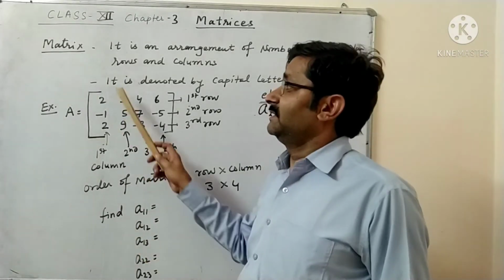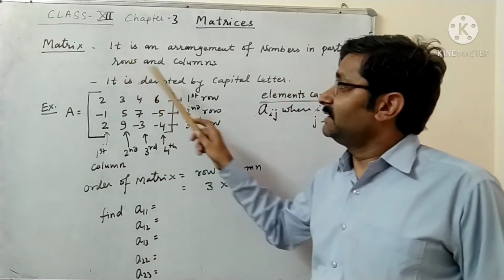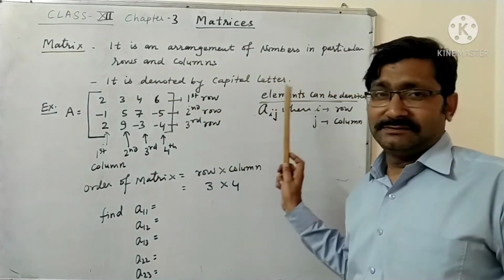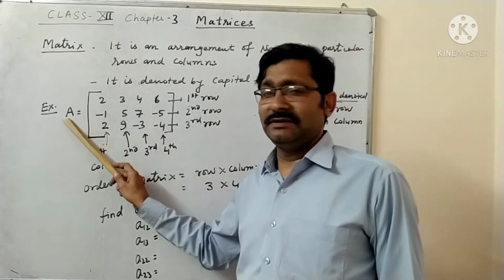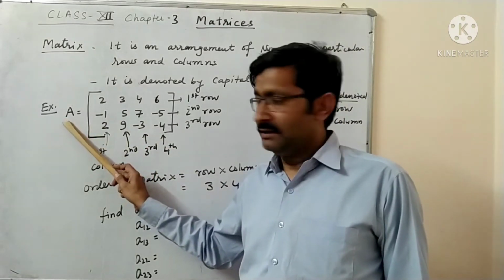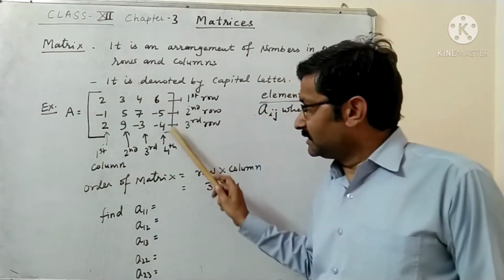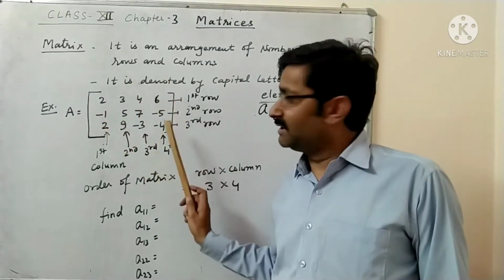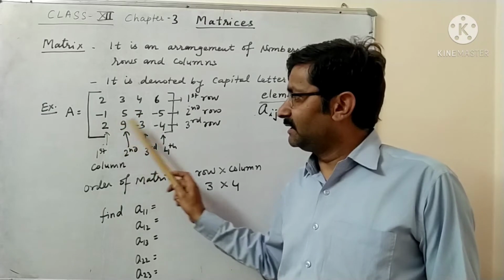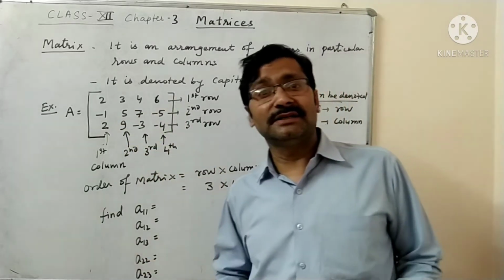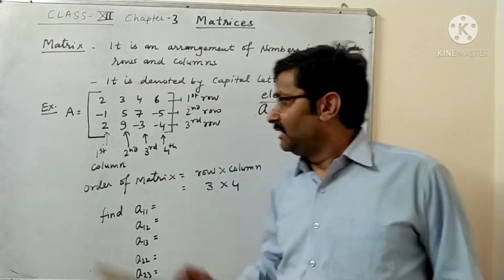Look here. First, we understand. And this matrix is denoted by a capital letter. Suppose this is a matrix, and this matrix we represent by capital A, and here these are the elements. How many elements are these? 1 2 3 4 5 6 7 8 9 10 11 12. 12 elements are here. Look here,